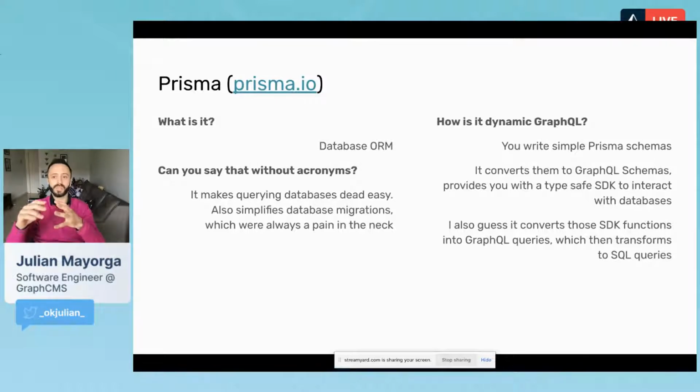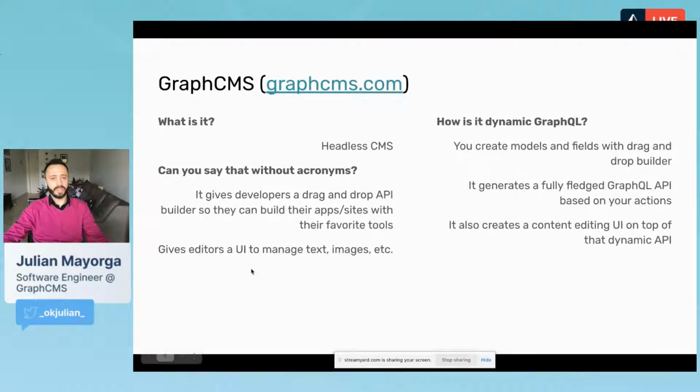So it converts those functions into GraphQL queries. And having GraphQL queries is a great middle step to generate the final SQL queries. So as you can see, it can leverage dynamic GraphQL by creating schemas, creating queries, and transforming those queries to SQL.